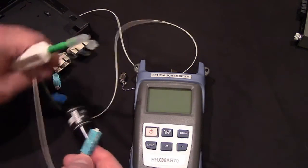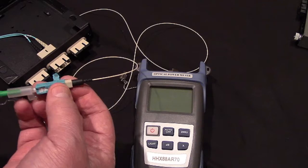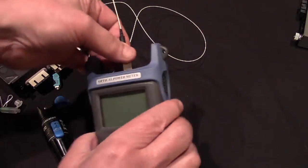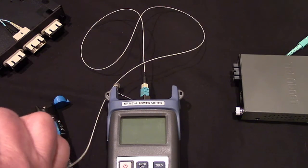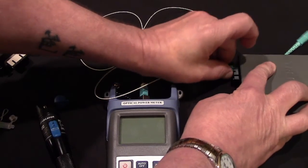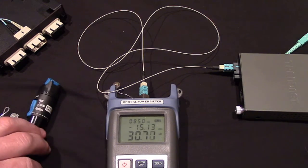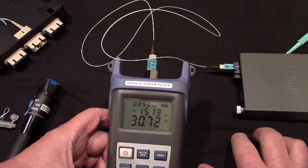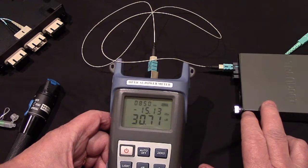Now, I want to hook my meter up again to the light source on the TrendNet transceiver because I want to show you something here. So we got that there, and we're going to go directly into the TrendNet transceiver. And so I'm one-clicking my connectors. I'm plugging into the transmit side of the transceiver here. Turning my meter on. There you go. And like we were reading before, reading about 15.1, the power output of these transceivers will fluctuate a little bit, but as long as it's...